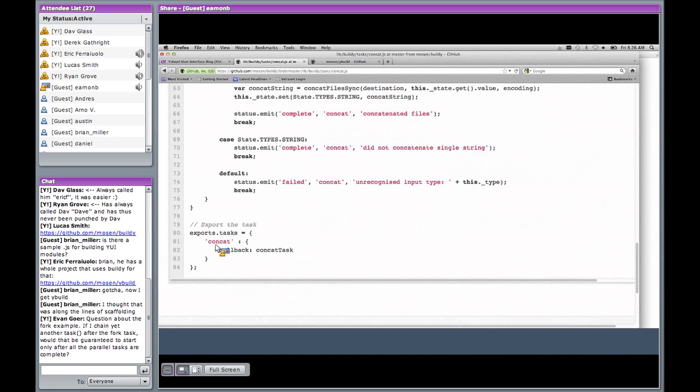I thought about just having one file per task, but then in the case of Uglify, there's quite a lot of different options, so you might end up exporting 3 or 4 different tasks from the one file, but reusing your same function to do all of those things. So that's why you can have multiple tasks in one file.